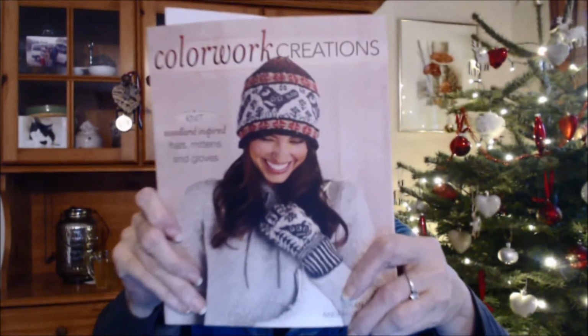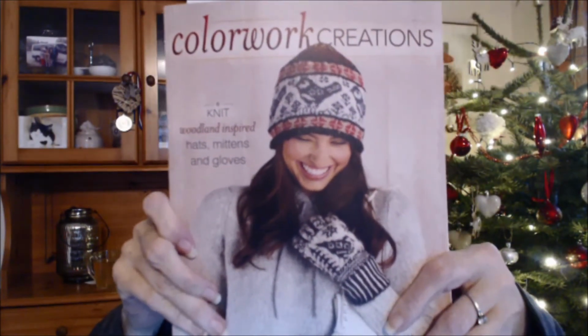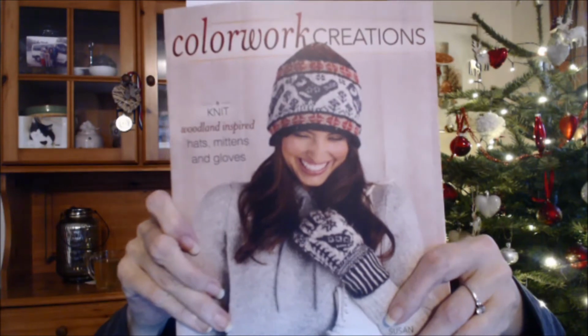So I bought this book, and it is Create Beautiful Woodland Inspired Accessories. I don't know how to say it. But there are amazing patterns in there. I hope it's not too advanced, because I didn't really...